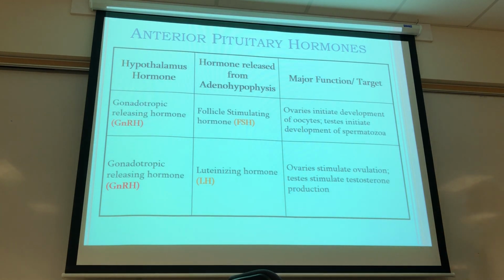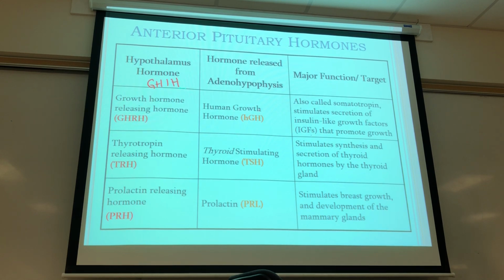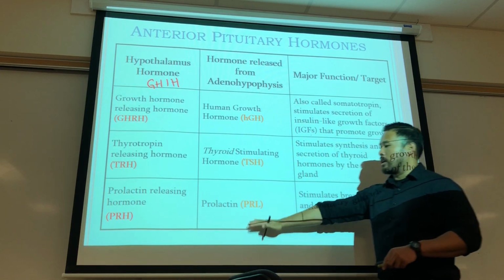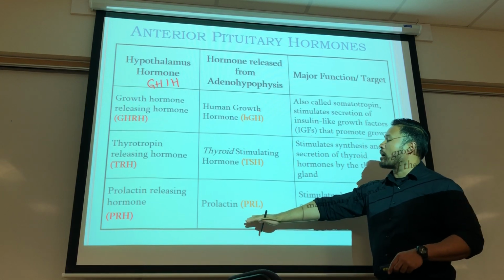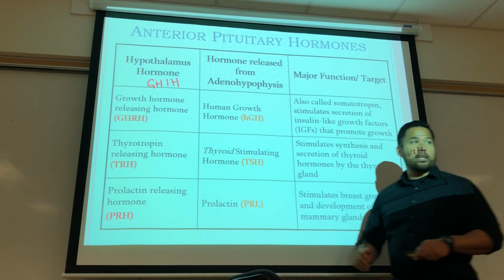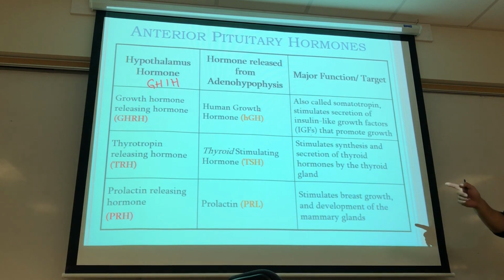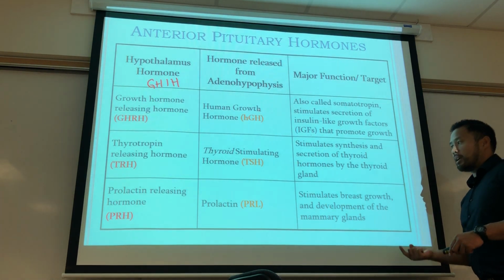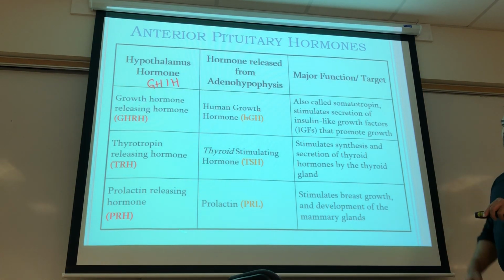Okay? So we mentioned this growth hormone inhibiting hormone. I mentioned the same thing with prolactin. Prolactin releasing hormone targeting the lactotropes in the anterior pituitary, resulting in the production of prolactin, which targets the mammary glands. And then we're going to be able to see prolactin inhibiting hormone, PIH,